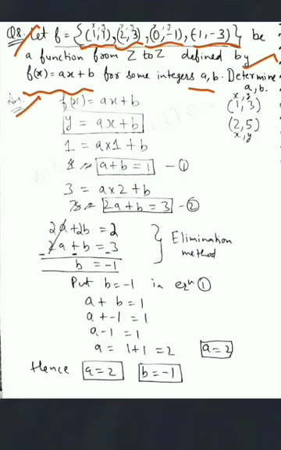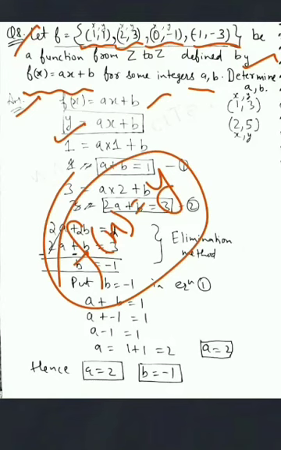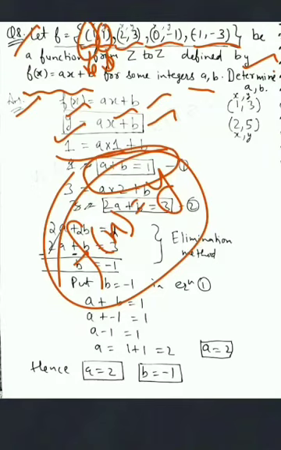The given function is equal to ax plus b. We know that whenever we find the range, then f(x) equal to y. This is the function. So put here y equal to ax plus b. See the first pair. One is domain and one is range also. Put here that y is 1 and x is 1. You will get that a plus b equal to 1.